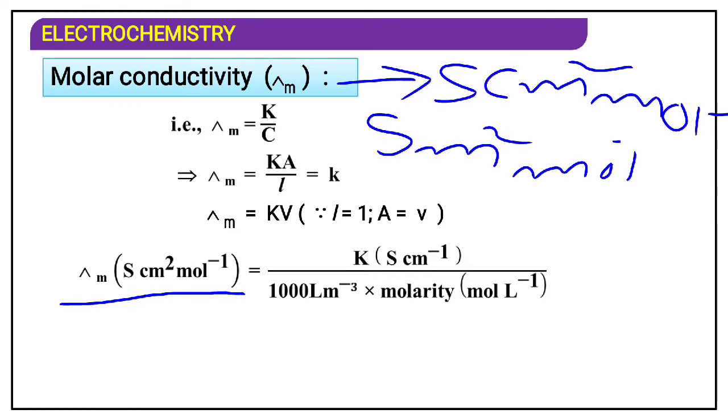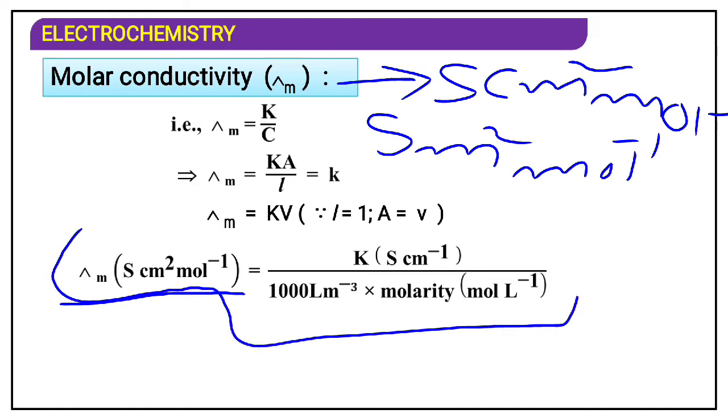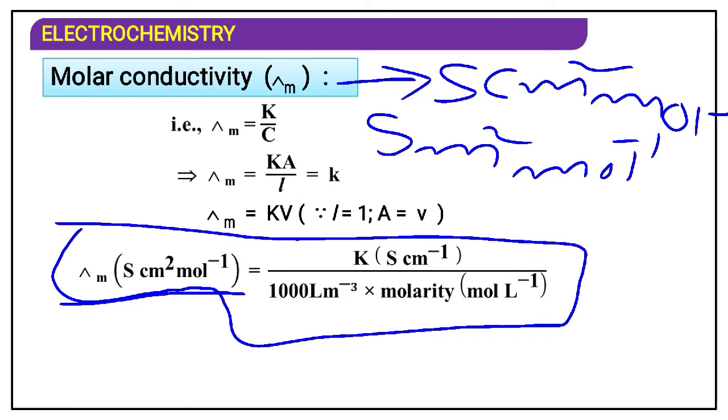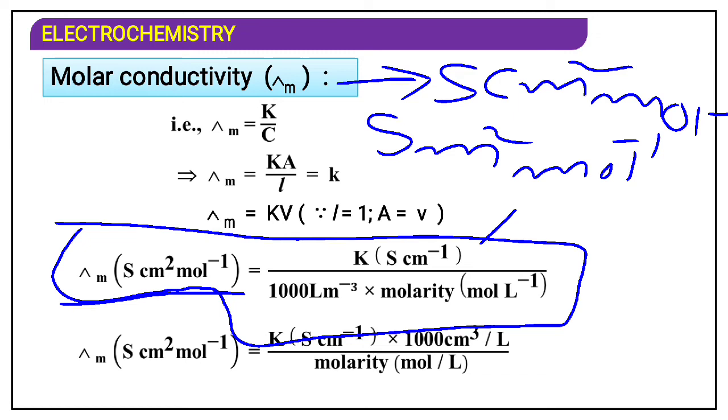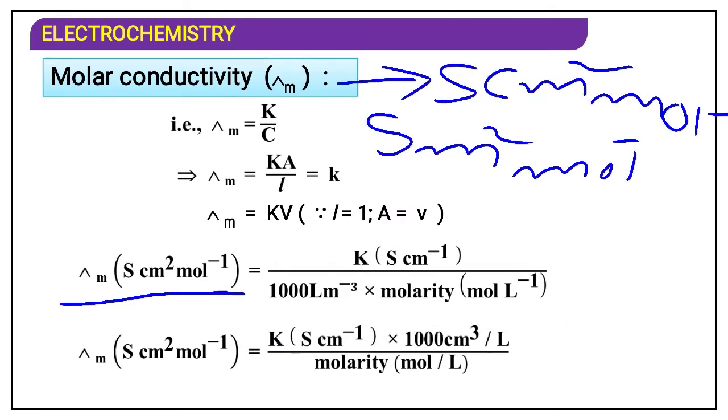Both units are helpful for calculating the molar conductivity. If you want to get the lambda m value, which is nothing but the molar conductivity value, in Siemens centimeter square mole inverse, then you should take K divided by 1000 into molarity. Suppose you want to get the value in Siemens meter square mole inverse, then it becomes